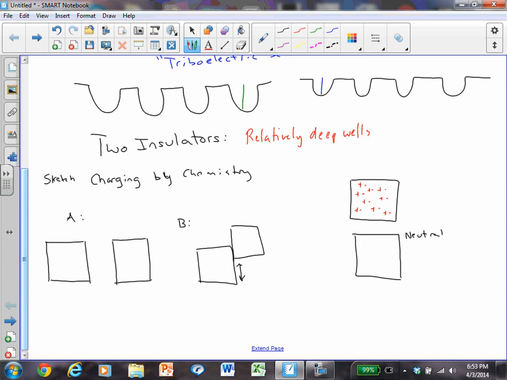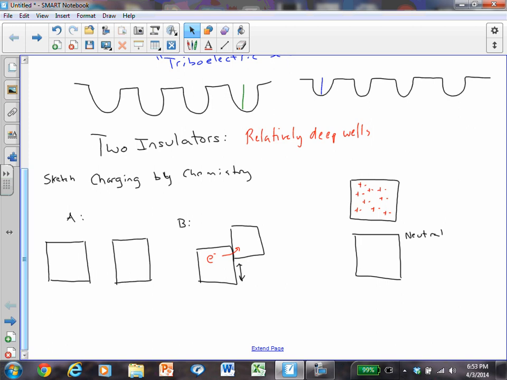And in the process of doing that, some electrons will end up trapped more so in the one with the higher electronegativity. And therefore, if the electrons transfer over to the block on the right,